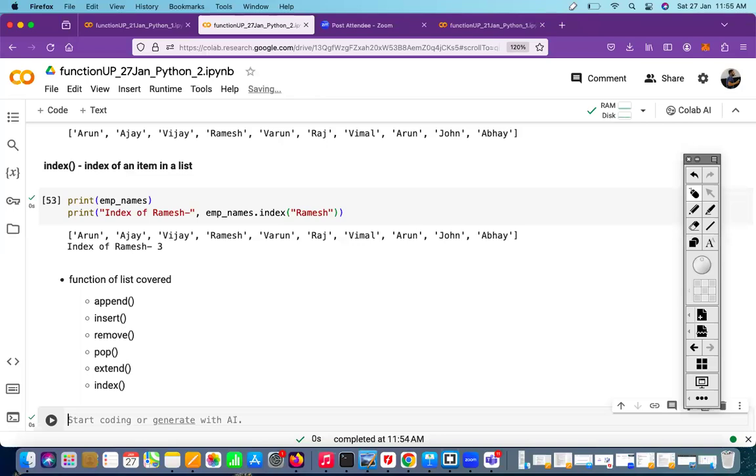What is the difference between pop and del? So, see, pop and remove, there is a difference. In a pop, you do what? You basically